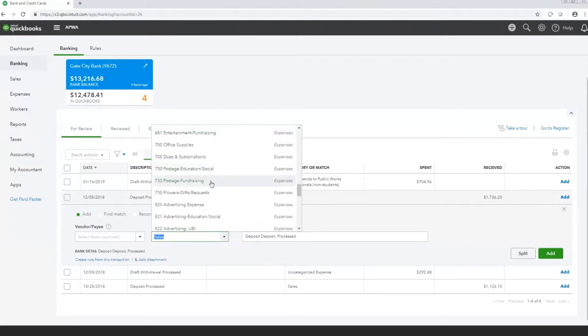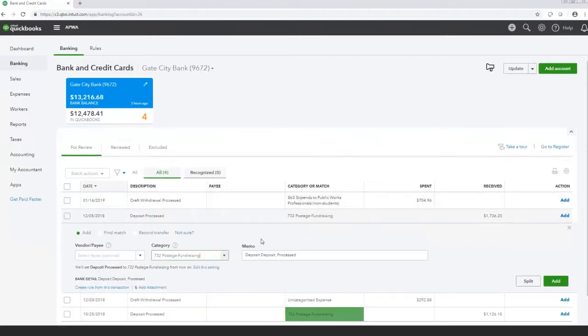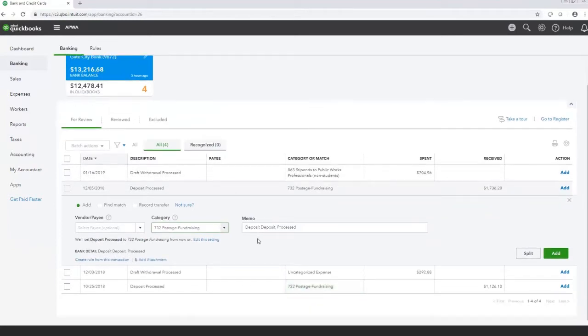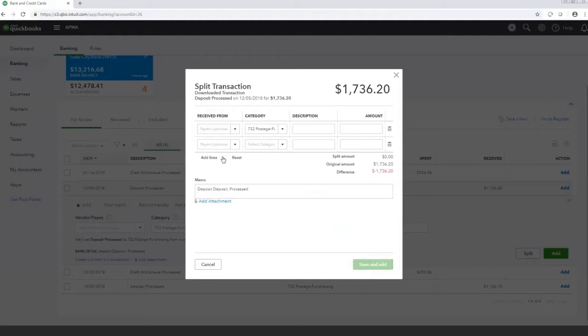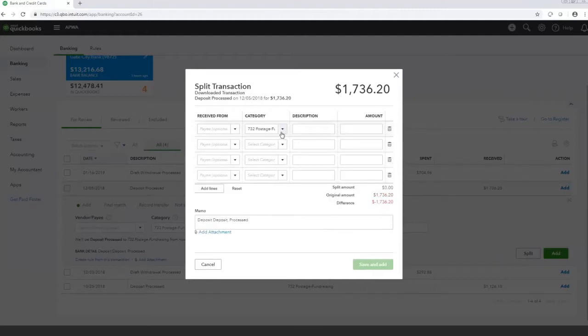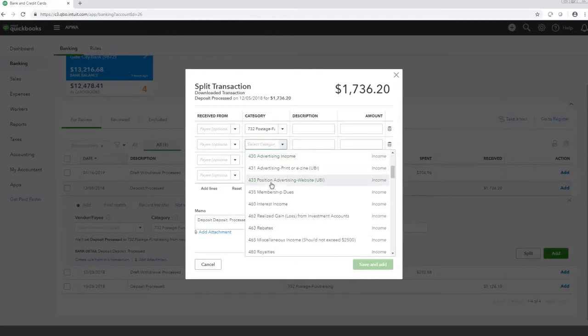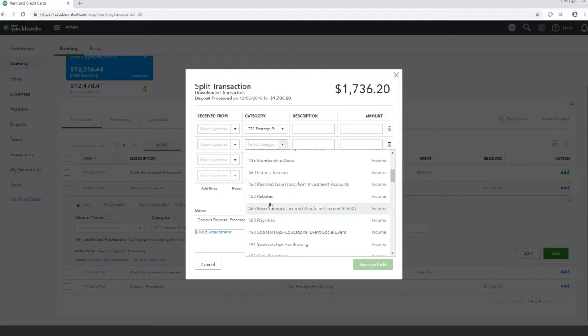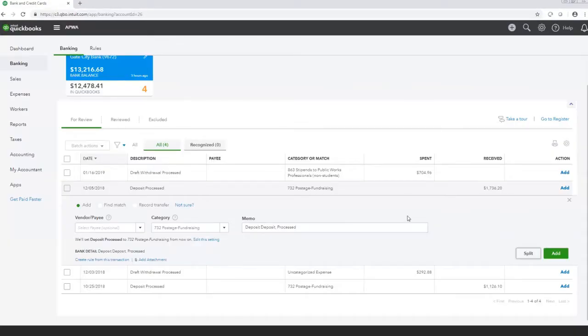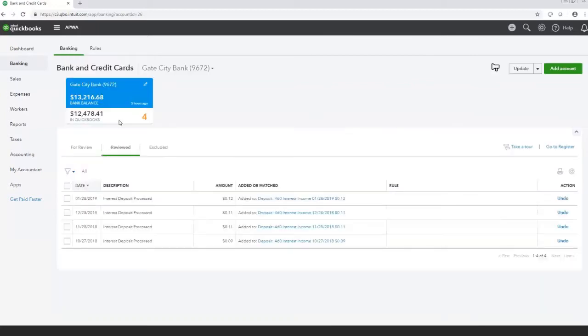You just simply click on it to what you think it is or what you should know what it is. If you want to split the transactions into multiple transactions or account codes, you just click on split and then you go into each category and you put in what account code it should belong to and the amount that it should follow. And then you just click add and then you're done from there, and it's all reviewed, such